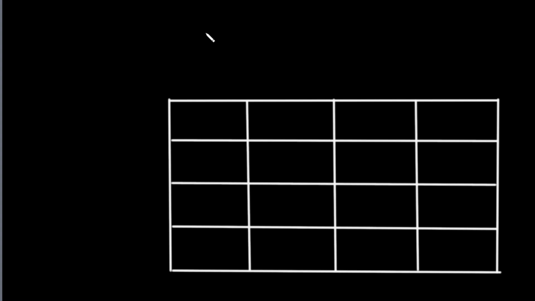A two-factor cross is where we examine two traits at the same time. Maybe plant height and seed color, maybe seed texture and flower color, but we'll be examining two different traits at the same time. This is also known as a dihybrid cross. So today we're going to be working through the notes on two-factor crosses for